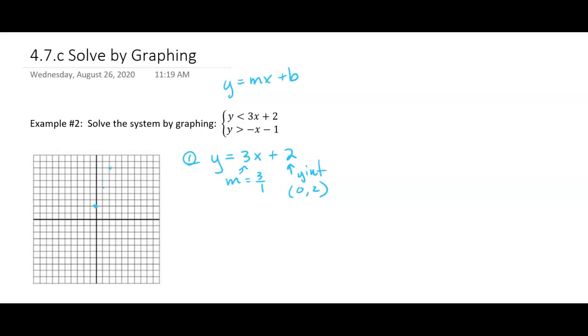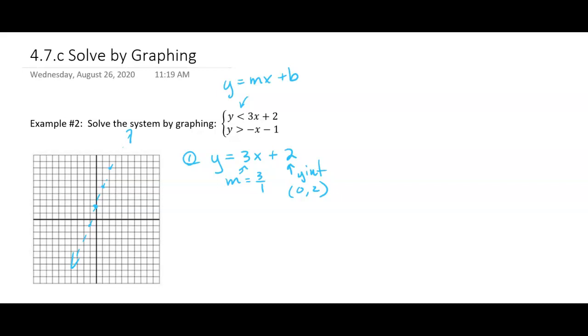If I want more points, I can go down and back because a negative divided by a negative is positive until I get these points. And then I always check to see, is it a dotted line or is it a solid line? This one's dotted. And again, how do you know it's dotted? Because it doesn't have the bar. So think of the bar as being like a thick line maybe, as a solid line. And it doesn't have the equal to part. So that's why it's a dashed or dotted line.